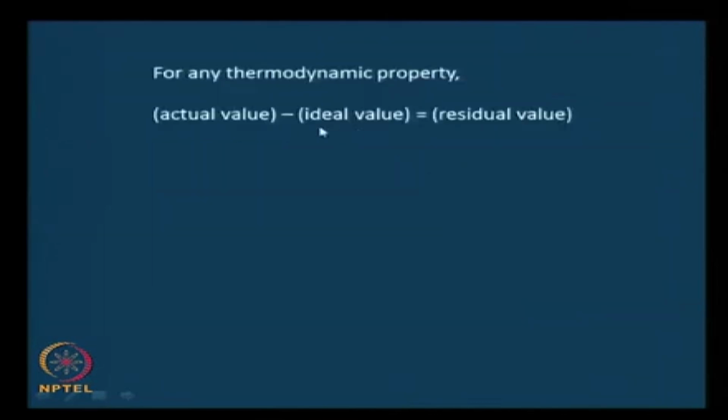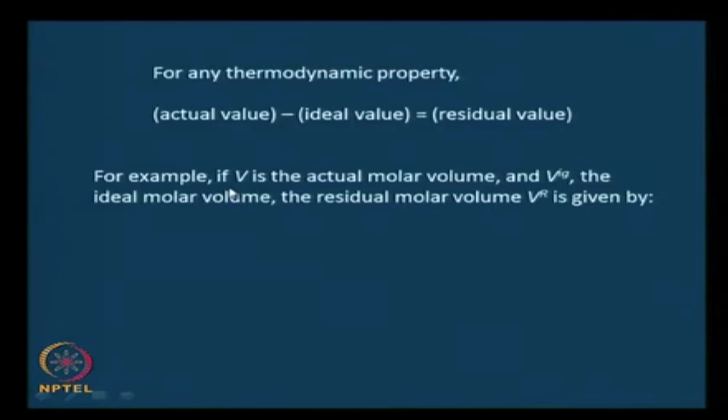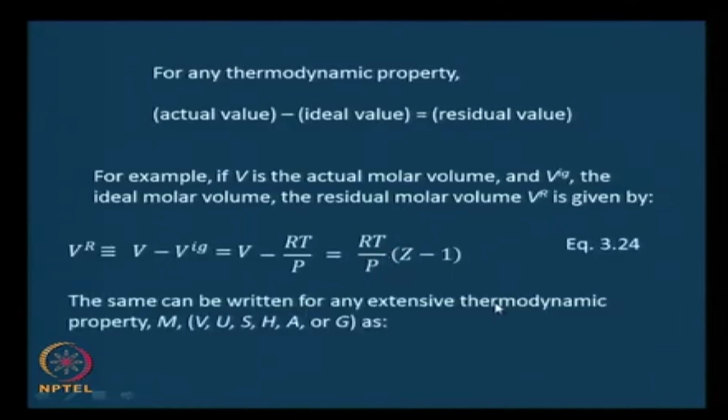Residual property is nothing but the difference between the actual value and the ideal gas value. For example, the residual volume Vr is nothing but the actual volume minus the ideal gas volume, which was written in terms of the compressibility factor for ease of use. It will turn out to be RT by P into Z minus 1, and then we said that we could write